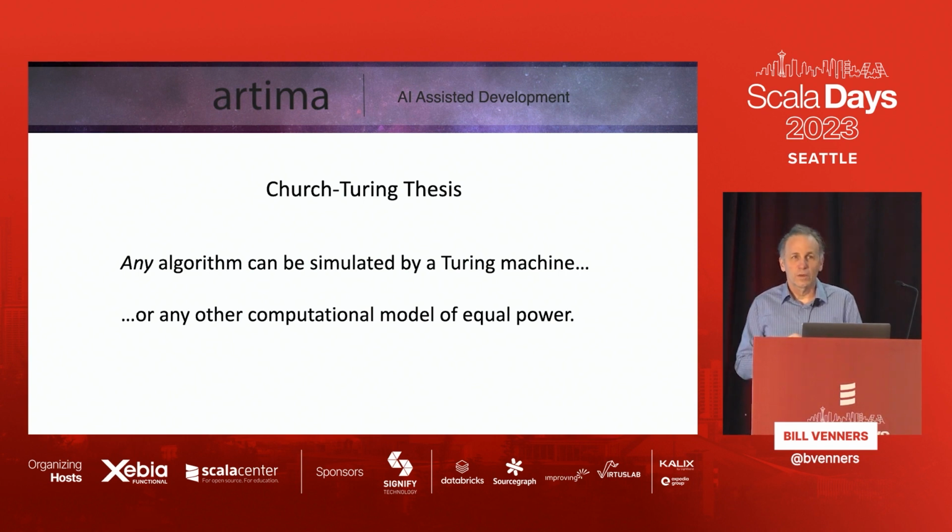And then right around the same time, Alonzo Church came up with a different formalization of what an algorithm is called Lambda Calculus. And what they noticed was they both can describe the same algorithms. And so can a lot of other languages like Scala. So there's this notion of a Turing complete language: anything that you can write in a Turing machine, if you can write it in Scala, which you can, then Scala is Turing complete. But what that actually is saying is that there is a space of all possible algorithms or all possible functions. That's actually a thing. That's what the Church-Turing thesis is saying.